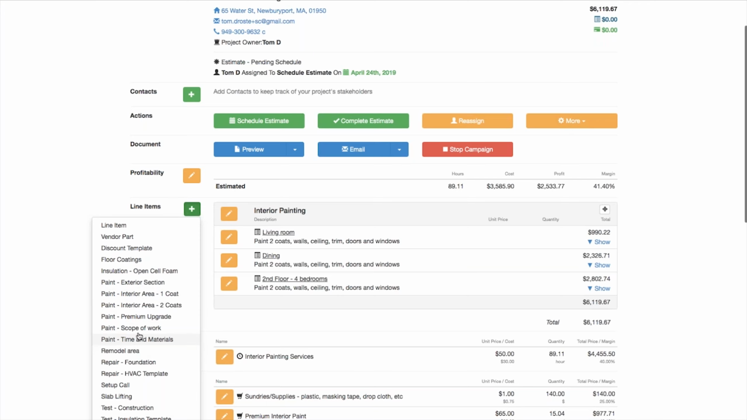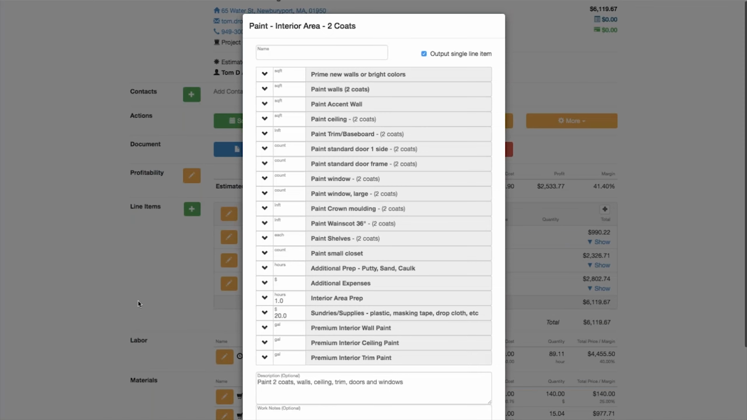Some of these you may have, some of them are pretty standard. The exterior and the interior area templates are pretty standard. The premium upgrade and scope of work and time and materials are just some additional examples of what you can do with item templates. In this particular case, I'm going to show you quickly how we could do another painting area. I'm going to select that painting area 2 coats, and it pops up a small dialog,